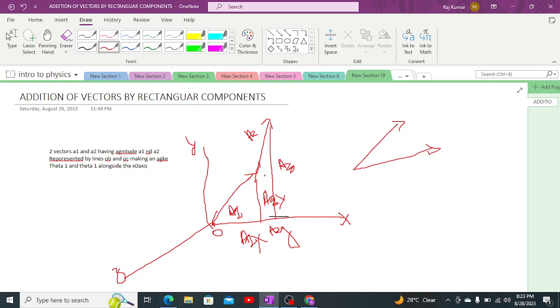So the resultant vector will always be in the direction of the head of the last vector. So this is the resultant vector direction in the head of the last vector, due to which this will be considered to be a resultant vector, and this resultant vector is considered to be vector A. Alright, and now in mathematical form we can write it as